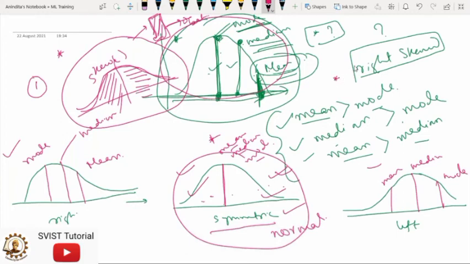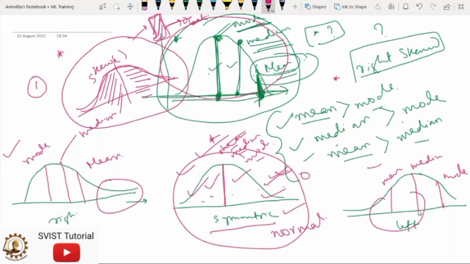So basically skewness is a measure of asymmetry of a distribution. In a normal distribution, the mean divides the curve symmetrically into two equal parts at the median, and the value of the skewness at this point is 0. So for a normal distribution, the value of the skewness is 0. And when the tail of a distribution is skewed on any particular one side, left or right, then it is left skewed or right skewed.